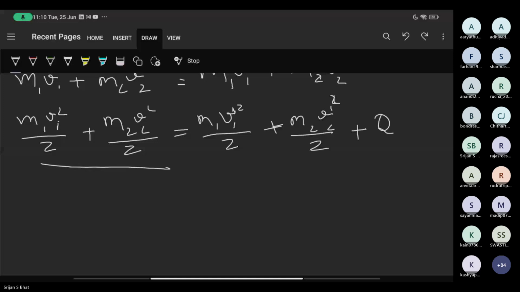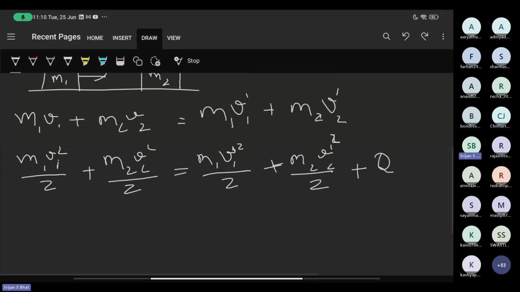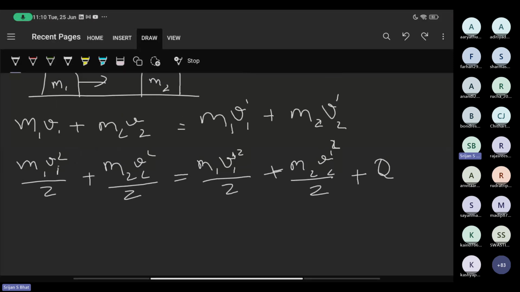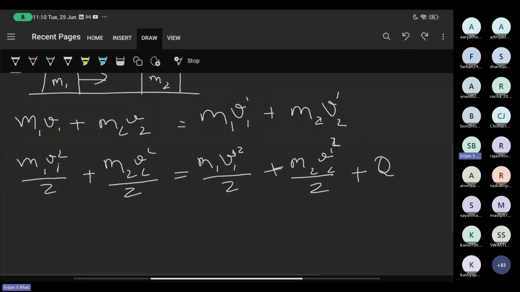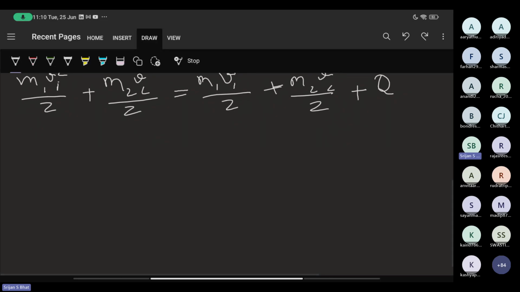Now, if we are to find the relation between V1 dash, V2 dash, V1 and V2, we can do it, but I'll just write the equations directly. So V1 dash will be something like m1 minus.